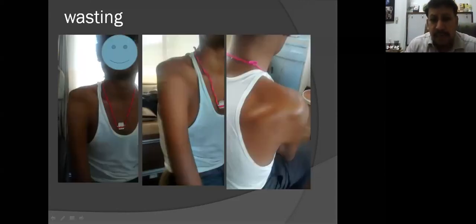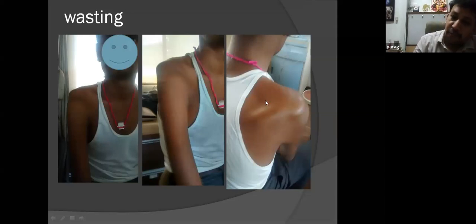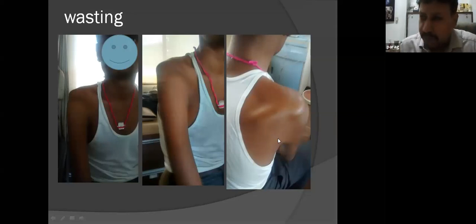Wasting is again something which is very marked and prominent around the shoulder girdle, especially if it has been there for a long time. But now here, you see there is loss of prominence of the deltoid. The deltoid is wasted. The shoulder seems to be subluxed. He's hardly able to elevate. And if you look at the back, there is severe wasting of the supraspinatus fossa as well as the infraspinatus. So I would like to ask you again, what comes into your mind first straight away?